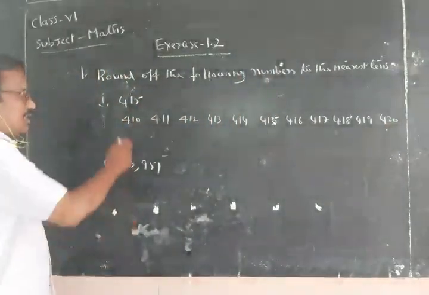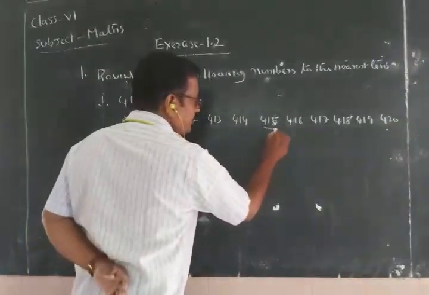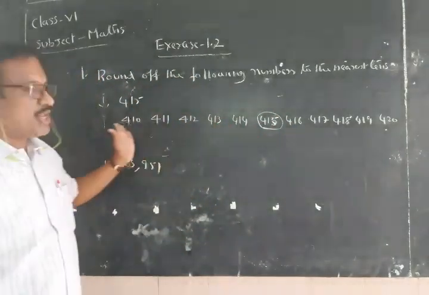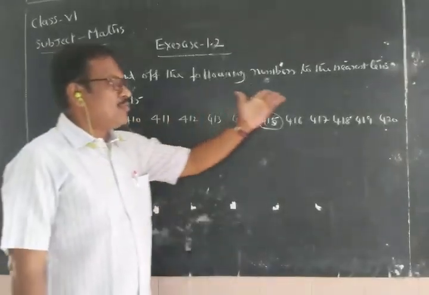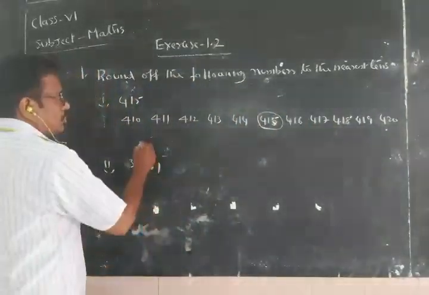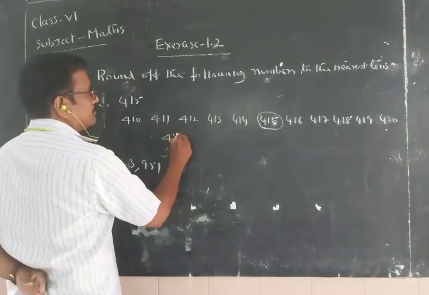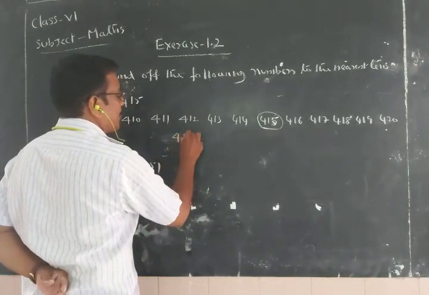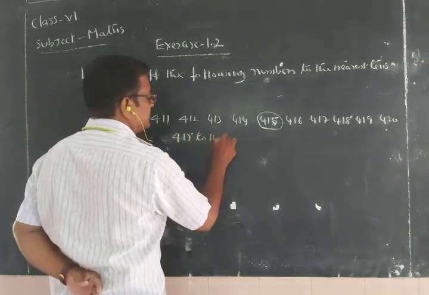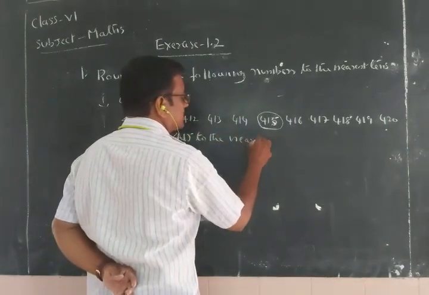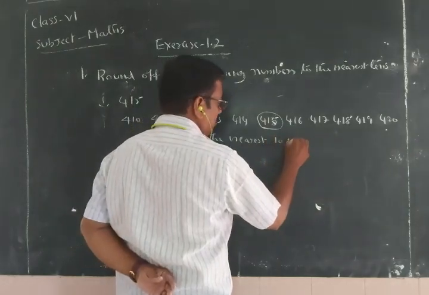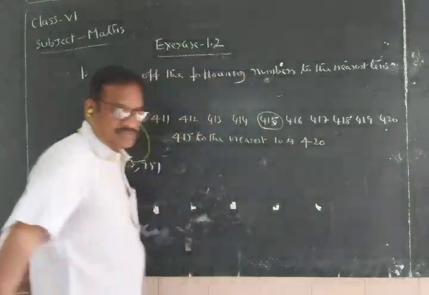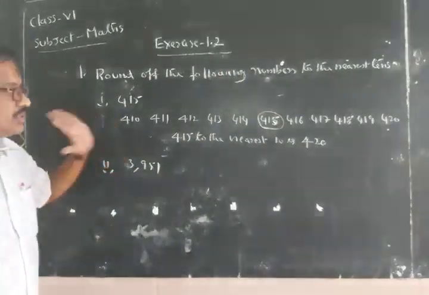So this is the number, the number is 450. This is the middle number. Any number, take 410, also no problem, 420 also. So 450 to the nearest 10 is, 450 to the nearest 10 is what? 420. So now